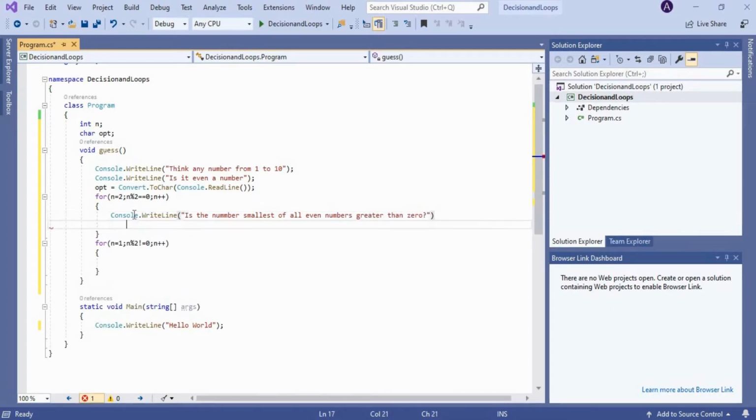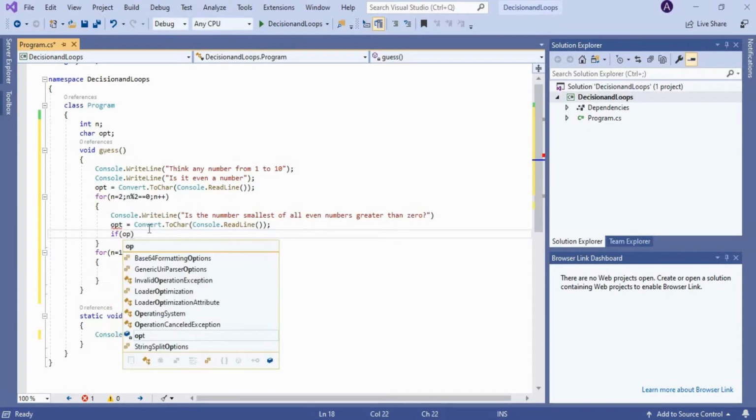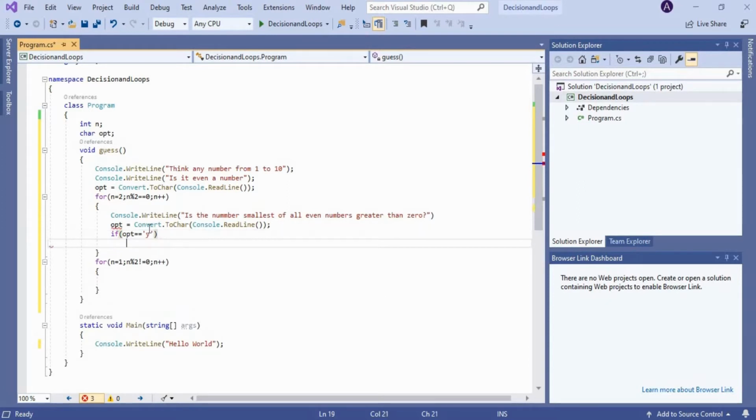And we can have an option variable to store the value. So we have read the value from the user, and if the user enters yes for this particular option, obviously the number can be 2, right? So if opt equal to y, so if the user enters the value y, right?